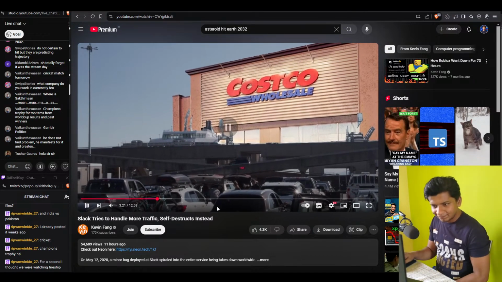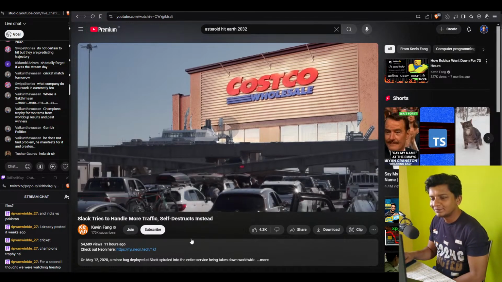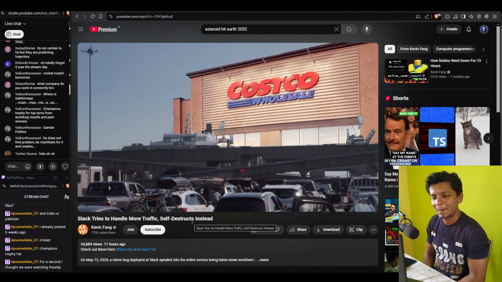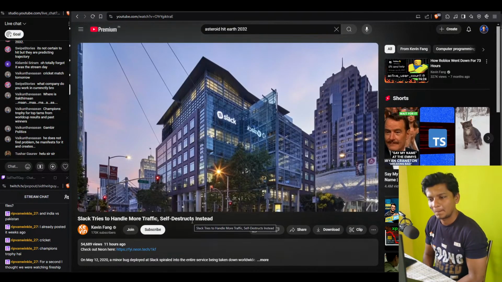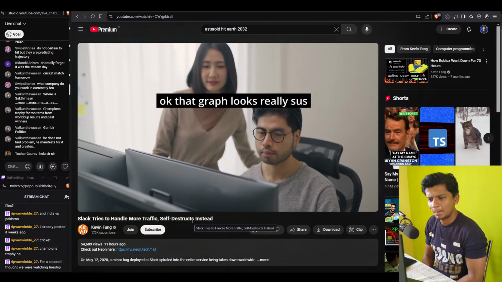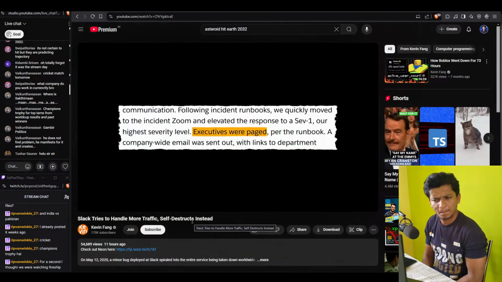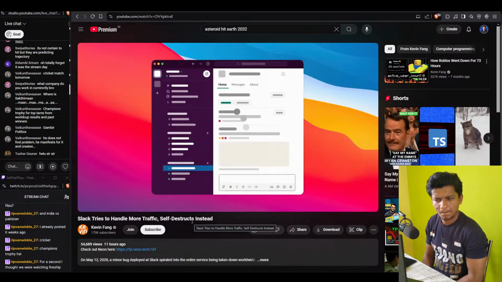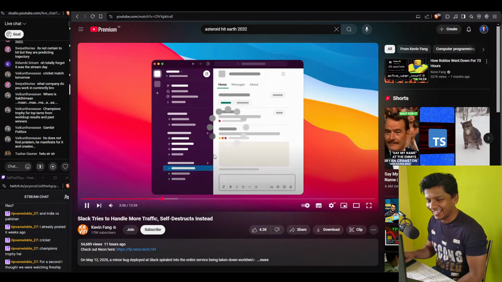stuck in a massive line anyways because everyone else had the same idea. Back at Slack, the engineers realized that this was a Severity 1 issue and made sure to page the CEO. They couldn't discuss the issue on Slack since Slack was down, so they spun up an incident response